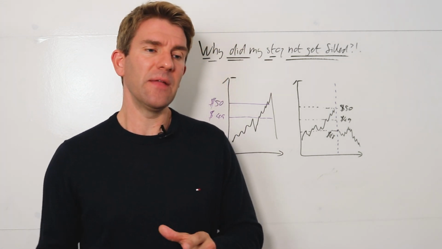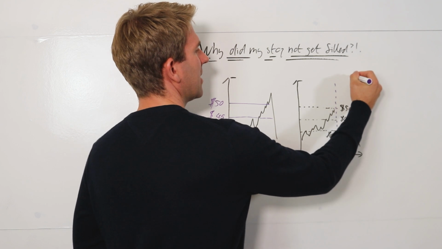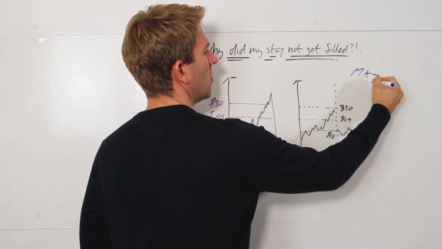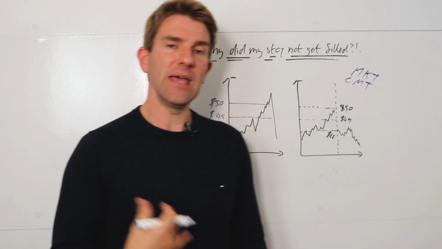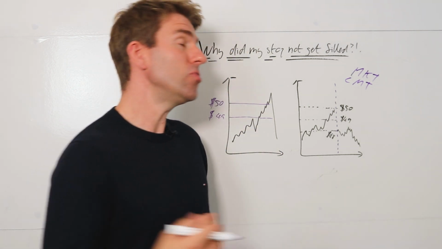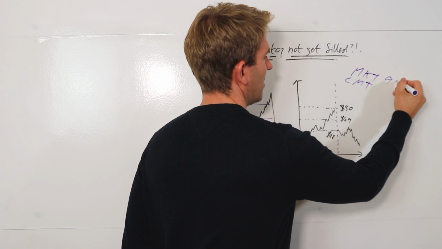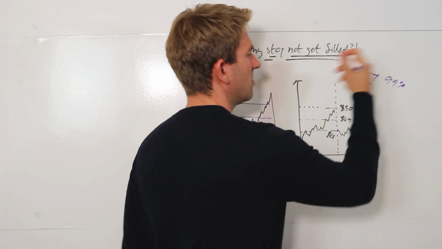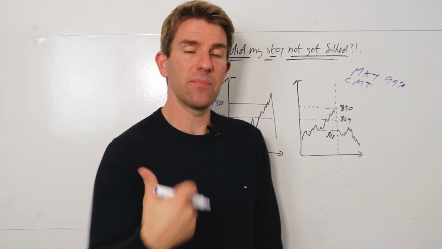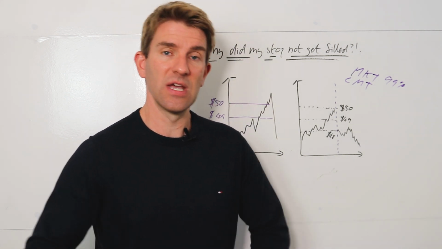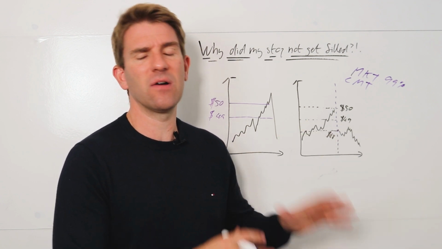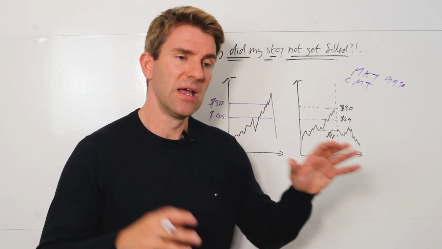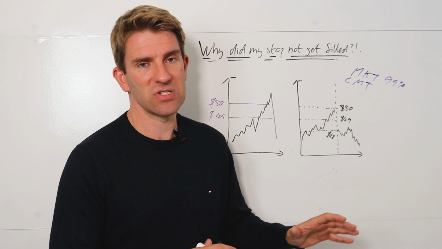One is there's a difference between a stop market order and a stop limit order. And one reason your stop might not have been filled is that, I'd say 95 or 99% of stops default to a market order. They basically say, if the price gets to $49, sell at market. And you're going to get filled at 49, or maybe you're going to get 48.95 or something like that. You're going to get filled pretty close, right? And depending on how quick the market is, depending on how much the slippage, you'll get to that in a